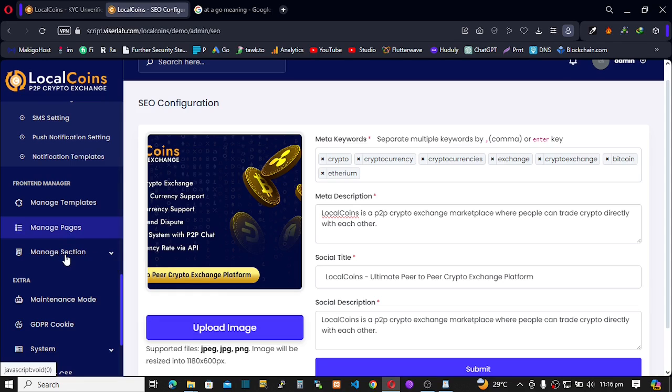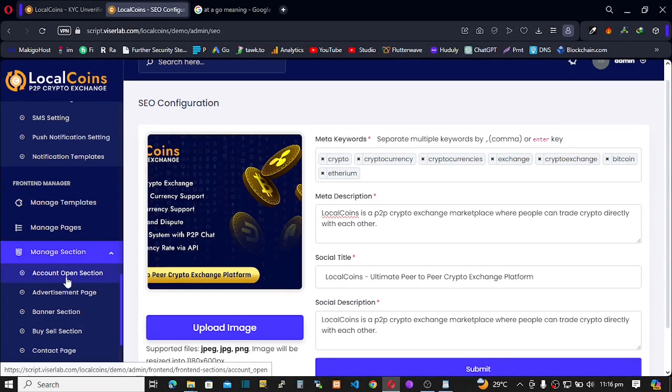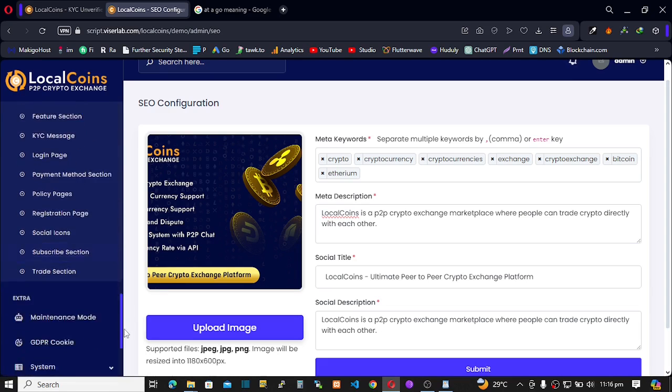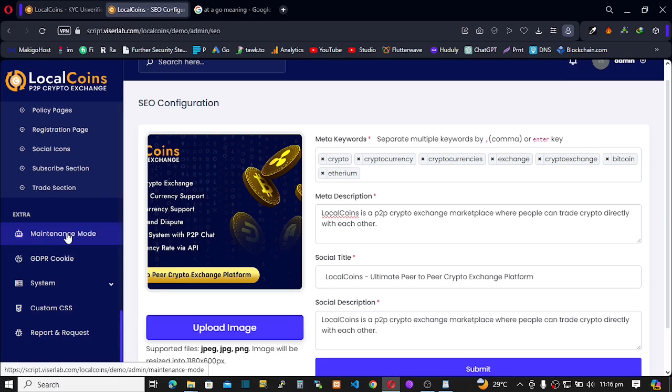So when we click on manage section, there's a drop down there. You can see open account section, advertisements page, your banner page, buy section, contact form. All these things are the things we're going to be using to customize our homepage. We want to make our website look unique. Because of that, we're going to be using that front-end manager here, and I'll show you how to do that. Scroll down and we have extras. If you want to put your website under a maintenance mode, you can do that here, and for the rest,